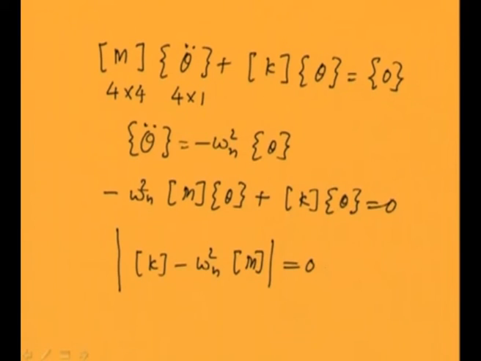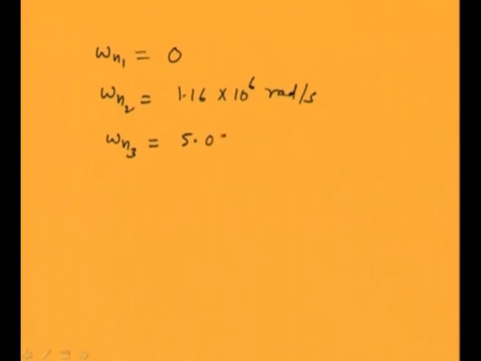equal to 0, we will get a polynomial in terms of omega n, and if we solve this polynomial, we will get the roots of omega n. First will be 0, because this is a free end, second will be 1.16 10⁶ radians per second, third natural frequency would be 5.09 10⁶ radians per second, and fourth natural frequency would be 21.5